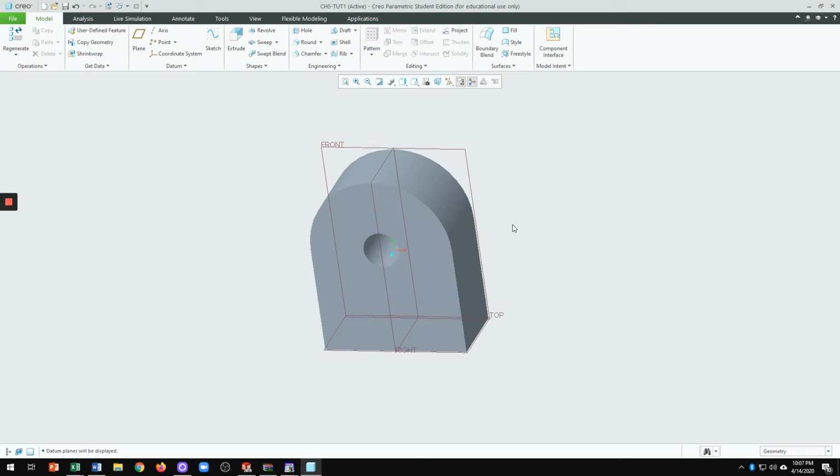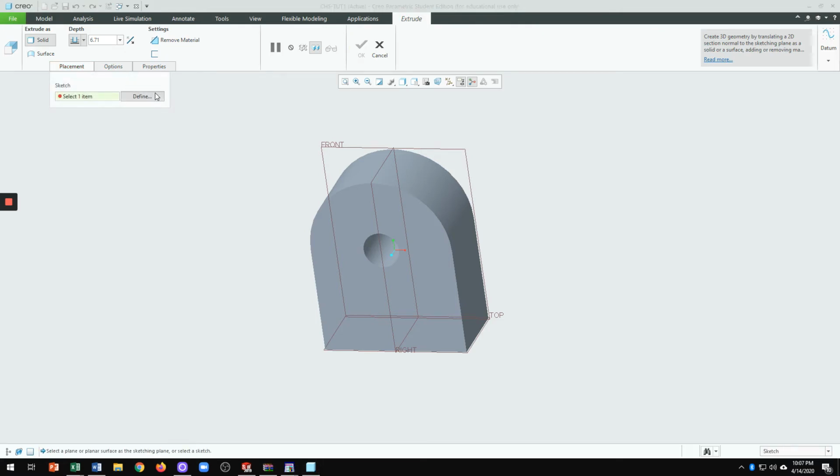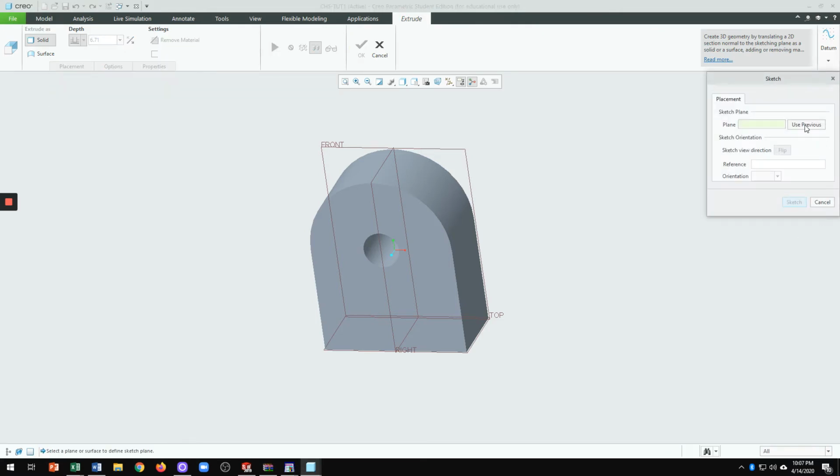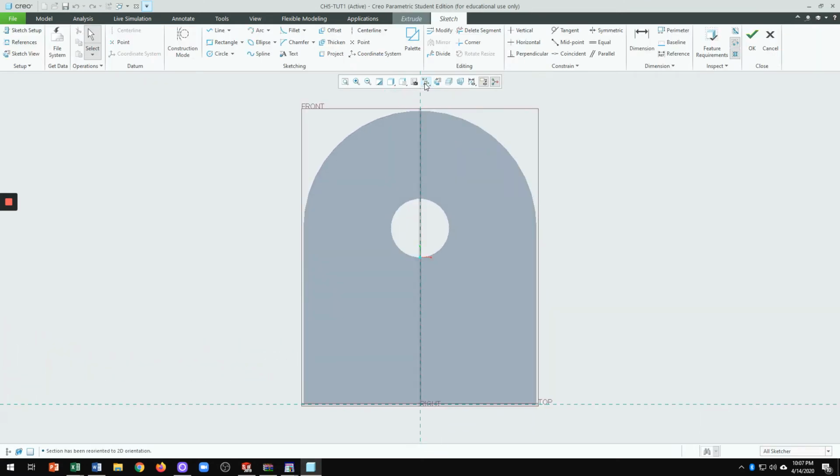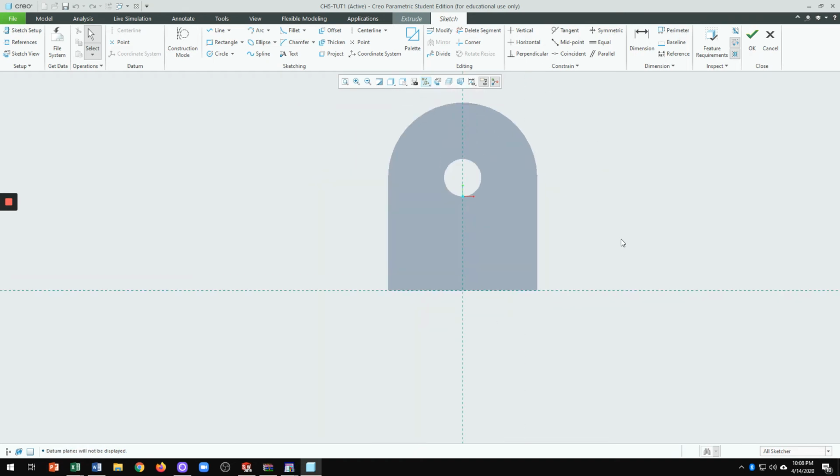Now, to go to the next feature, you go extrude, and then you go placement define, and then you just click on use previous. That means we use the front datum plane. That's all you have to do, use previous, and then you say sketch view, turn off the plane, and then if you want to just turn off the shade, you can just go here, we say no hidden,